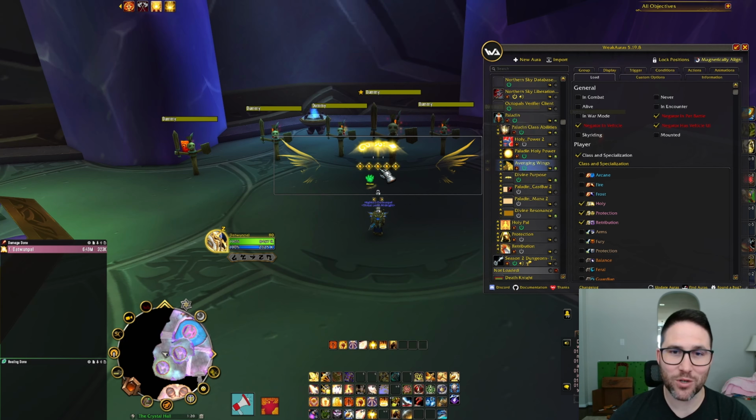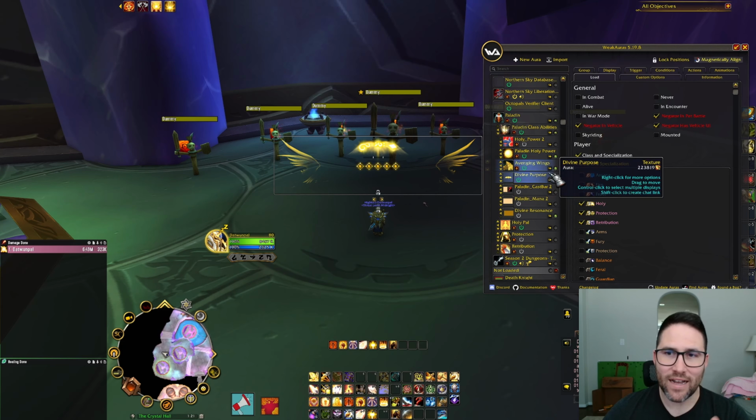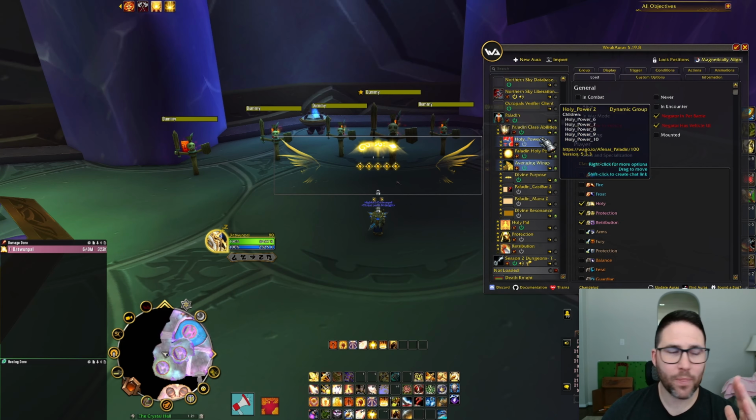I use a very similar image with a Holy Priest for a different WeakAura. And you can add some different modifiers and stuff to it. Like for the Ret Paladin tier set, it can be red when that tier set is active. So I just enjoy having another visual effect to play with. Divine Purpose, pretty stable thing. Again, this will be in every